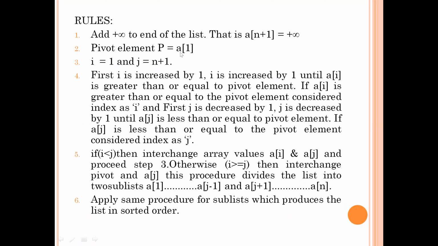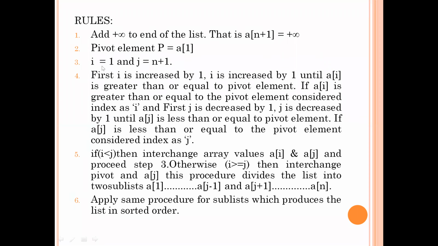Generally at the BTech level, we say that it is easy for you to select the first element as the pivot. So that's why first you are selecting the pivot, that is P is equal to A of 1. Initially, what are the lower and upper indexes of your list? 1 and n. So the first element will be A of 1, and that is assigned as P, the pivot.